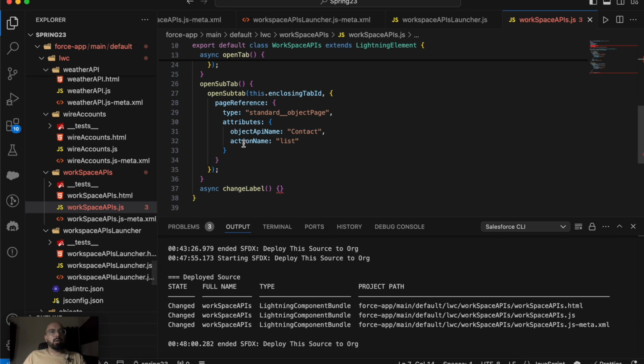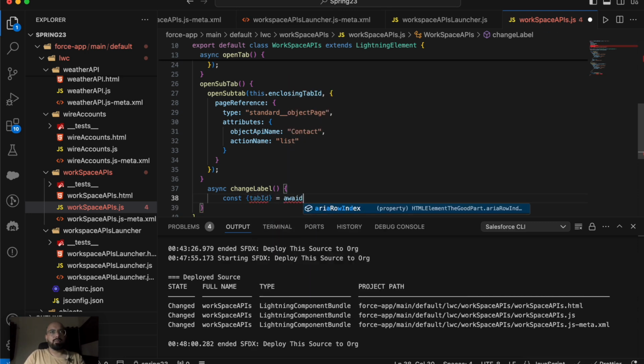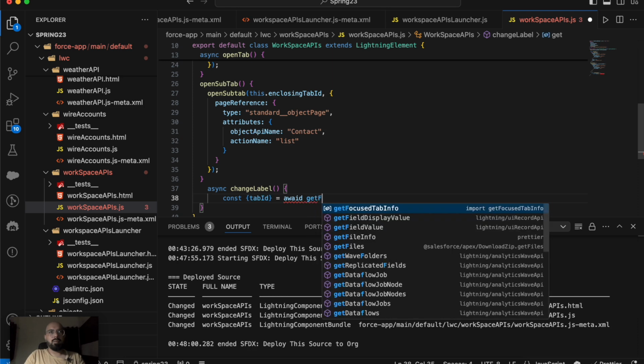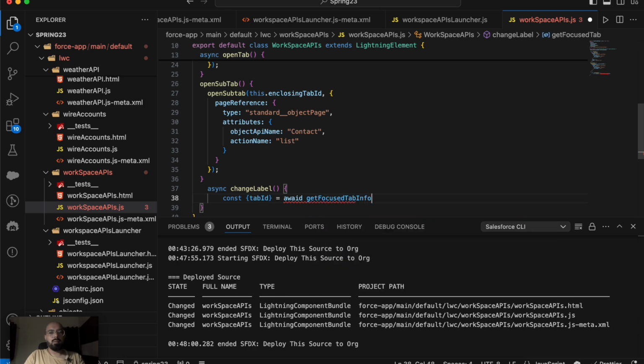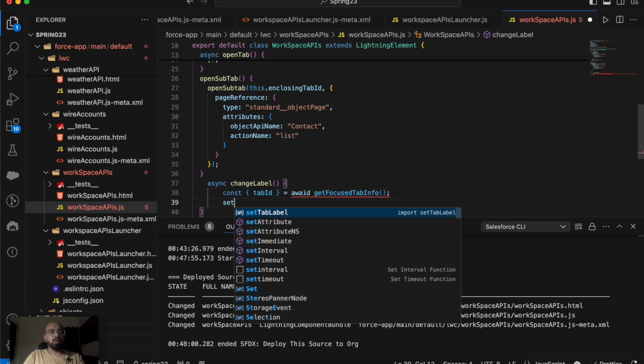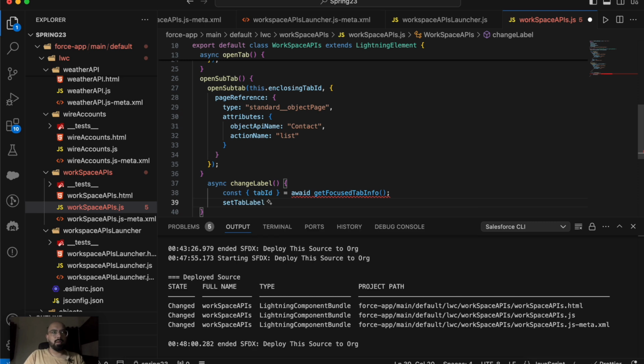All right, now to get the focus tab info, you need to get the tab ID. So we'll quickly get it in a constant. I'll mention tab ID here equals to get focus tab info. Then we'll call set tab label,